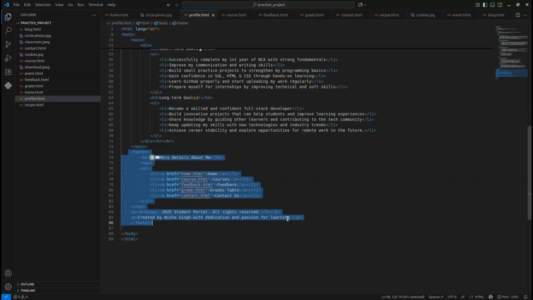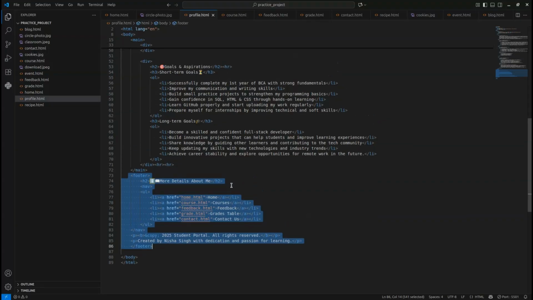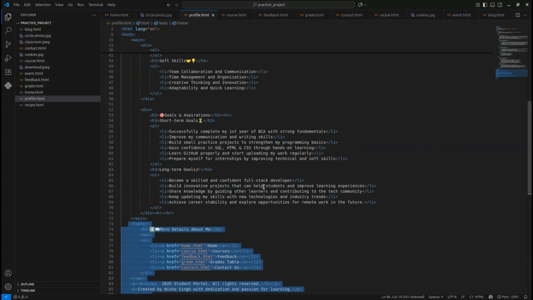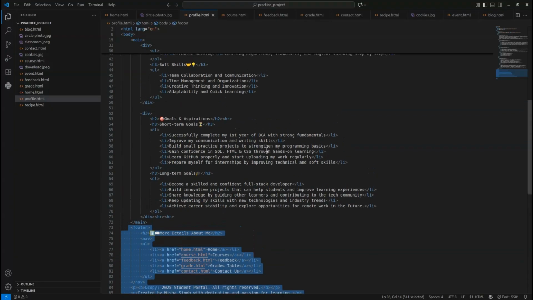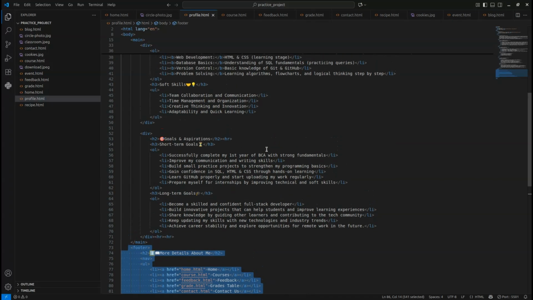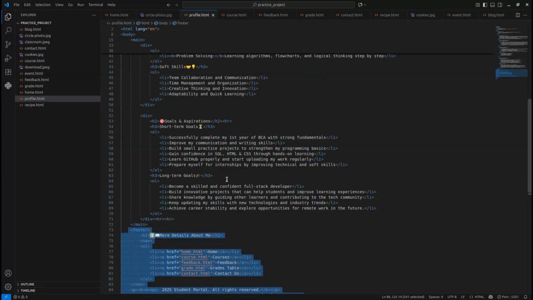And after that, line breaks and horizontal rules. I used the BR tag for a line break inside paragraphs, which creates a new line without starting a new paragraph. For horizontal separation between sections, HR is used. BR is for small breaks. HR is for long visual separation.